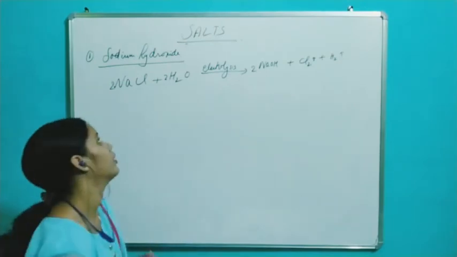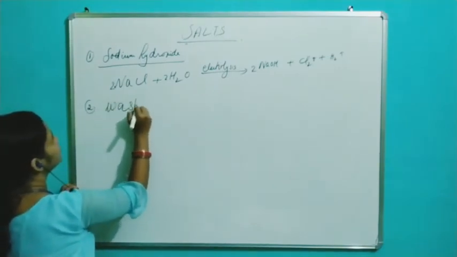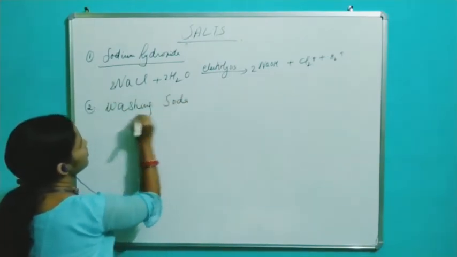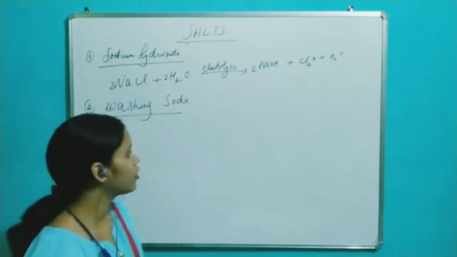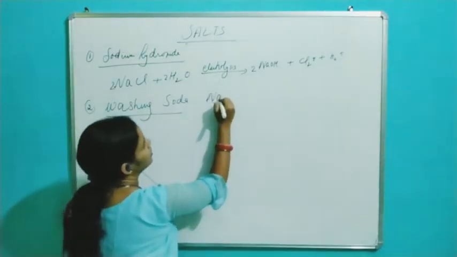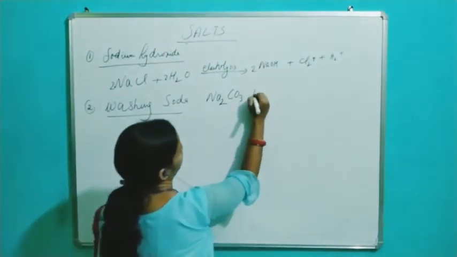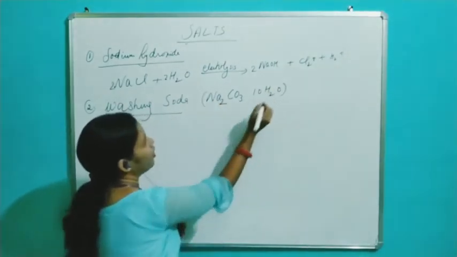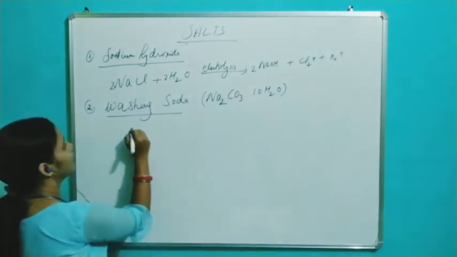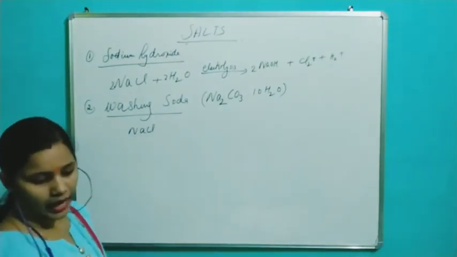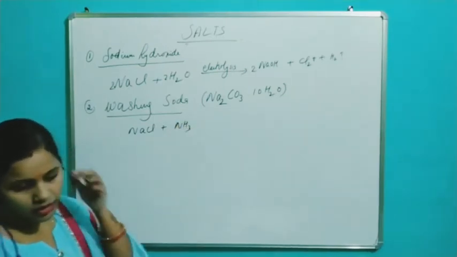Next we have washing soda. How can we prepare washing soda? So, production of washing soda. What is washing soda? Washing soda is sodium carbonate decahydrate, Na2CO3 dot 10H2O. Now how is this prepared? First of all, a cold and concentrated solution of sodium chloride is taken and is reacted with ammonia and carbon dioxide